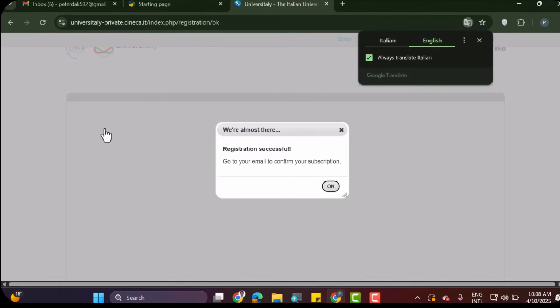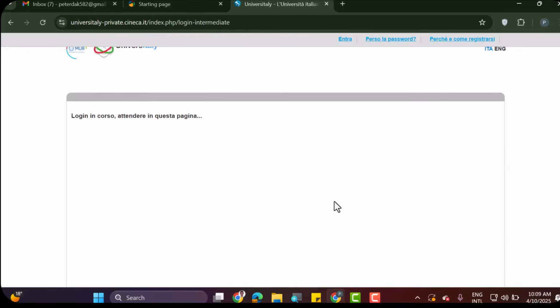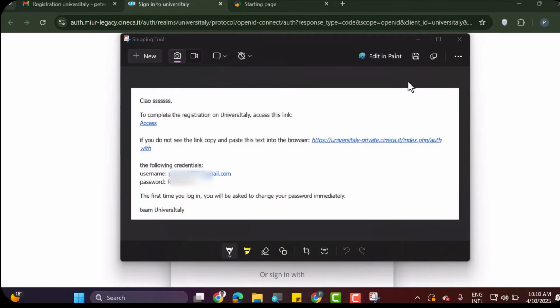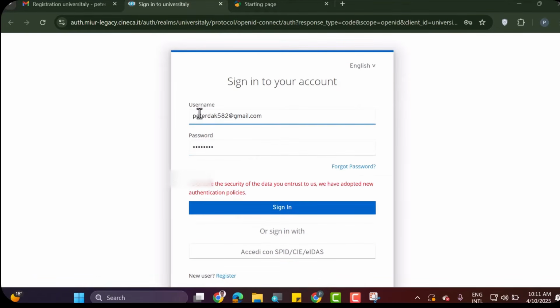It says go to your email to confirm. So say okay here. Okay, I received email from them, and they sent me username as well as the password. So use this username and password in order to log in to the Universitaly, and please keep this information. Okay, by using your username and the password, say sign in,